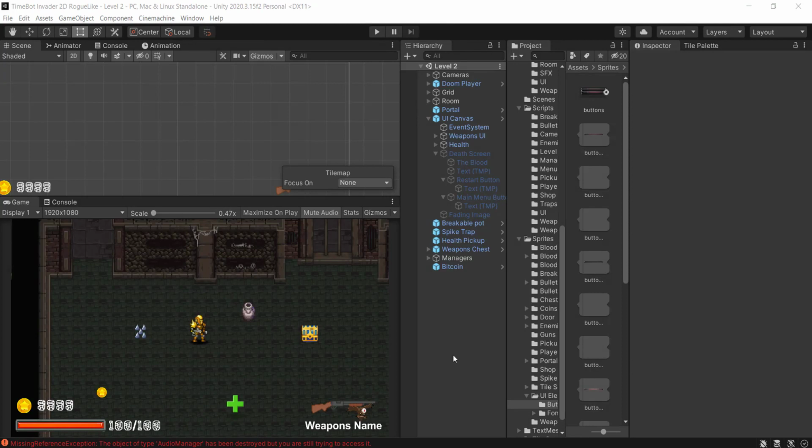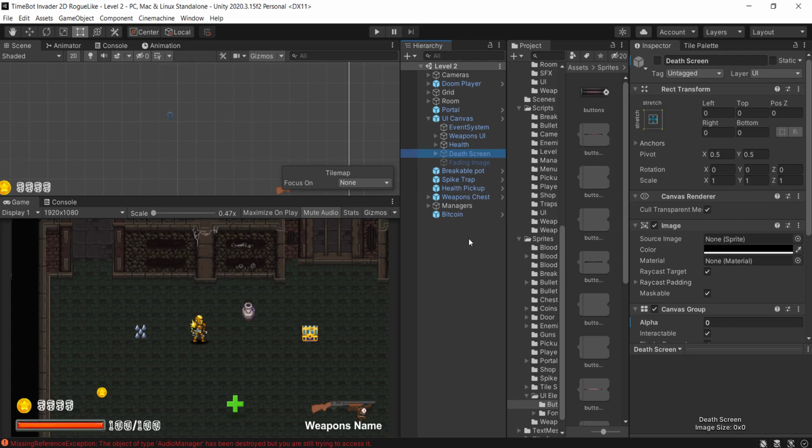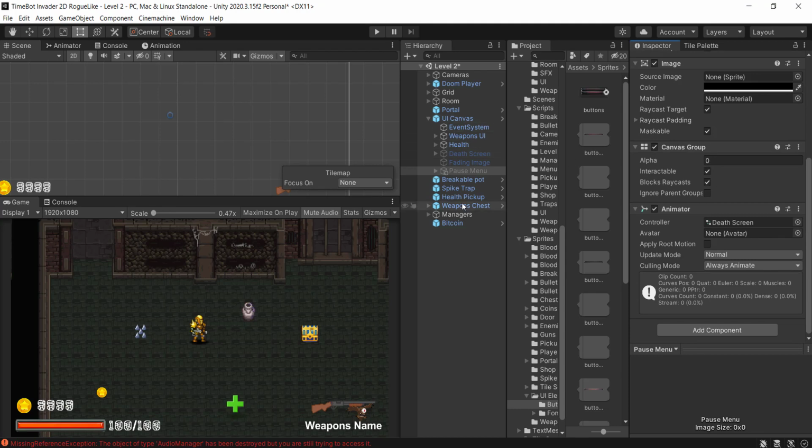Okay, so now we want to add the ability for our player to pause the game. Our player, I mean the guy or the girl that's actually playing our game. So how are we going to do this? Well, it's going to be fairly simple. We are going to duplicate the death screen, and this will be the pause screen or pause menu. So pause menu, and hit enter, and in here we are going to have everything the same except for